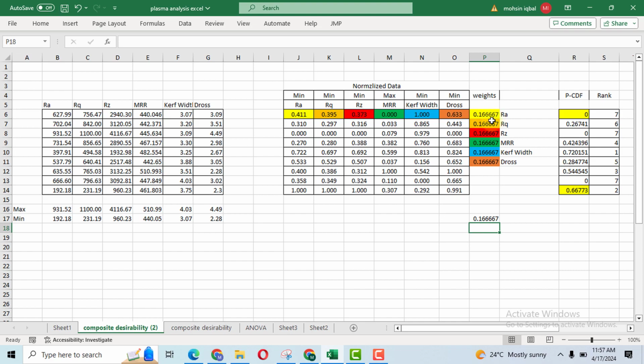Now, how do you do the multi-optimization? For the multiple optimization, you will have to multiply this RA value with the weight of the RA. Okay, then multiply. So you can see it here in this formula. So J6 multiply P6. J6 is the RA value. Multiply P6, it's the weight. Multiply by again K6. So this is